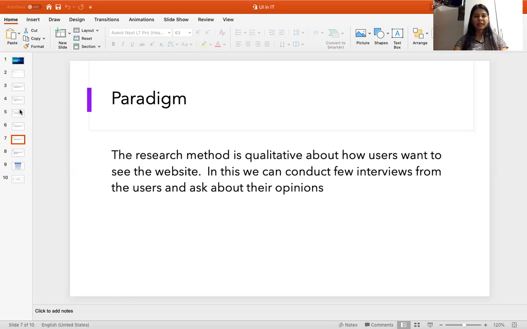So the next, in the seventh slide, we have discussed that in any research, we have qualitative and quantitative research. But in my topic, I have chosen the qualitative over the quantitative. The main reason for selecting this is that in qualitative research,